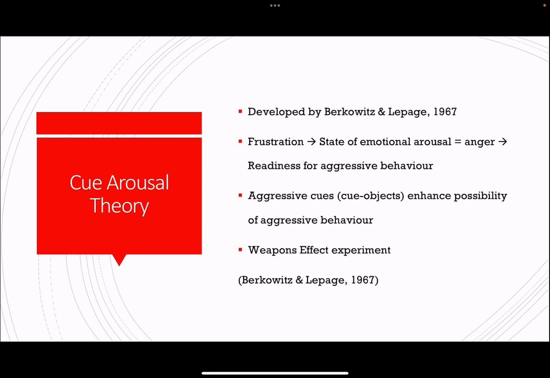Berkowitz and Lepage developed the cue arousal theory of aggression in 1967, focusing primarily on impulsive aggression. They go on to state that aggression is not necessarily internal, but is further triggered by external cues of aggression, such as weapons, threatening behavior, or items that stir emotional arousal, heightening reactivity. This is known as the central cue. It is described as a prominent stimulus that evokes a strongly learned response, so individuals would therefore display a learned habitual response. To further elaborate, peripheral cues have a decreased effect on influencing behavior.